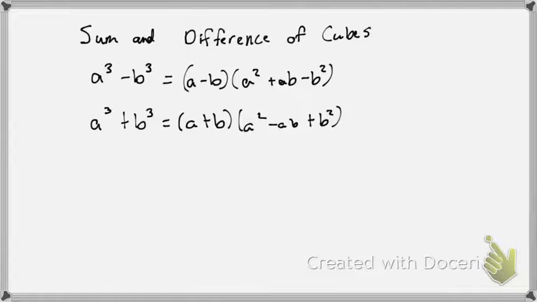There are two formulas that we're going to be primarily paying attention to. If we can see a cubed minus b cubed, the biggest thing is we have to know how it factors when we come across a problem like that. It's going to factor to a minus b times a squared plus ab plus b squared. And so the biggest challenge is we discover what a is, we discover what b is, and we just fill in the formula. If we recognize we've got an a cubed,